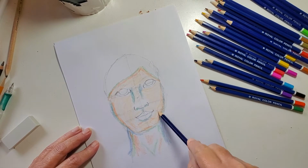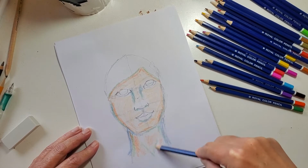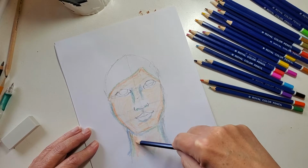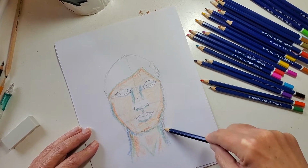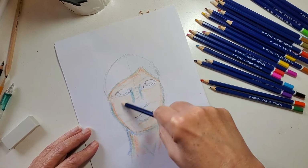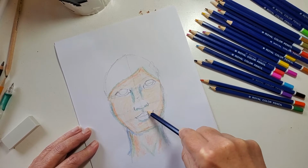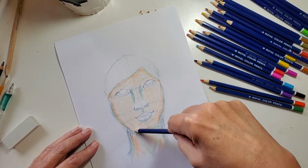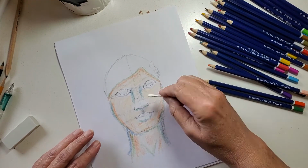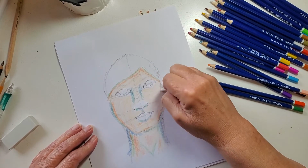Okay, she's shaping up, don't you think? Now, before I add more colors like the iris and maybe her cosmetics, I'm gonna start with the cotton buds. If I didn't mention that at the beginning, I'm sorry, but I do have a few cotton buds or Q-tips or whatever you call them. And I'm just going to start in the fleshy peachy tones and start rubbing away